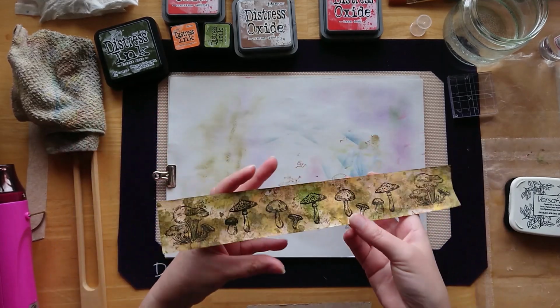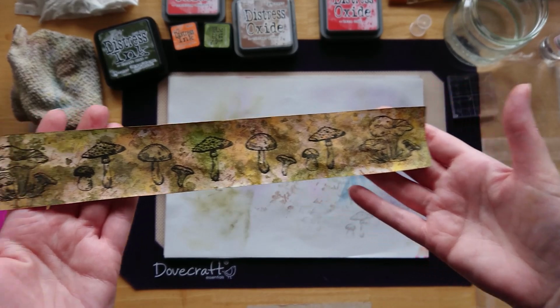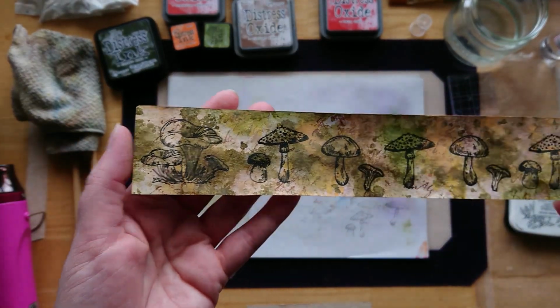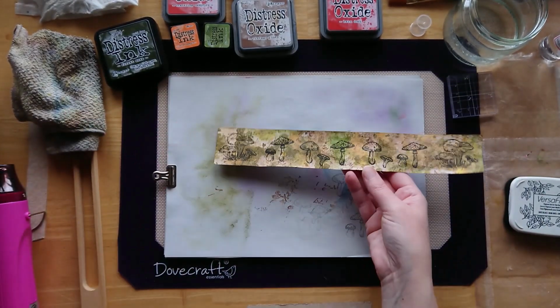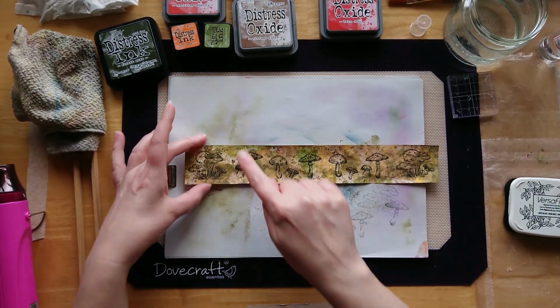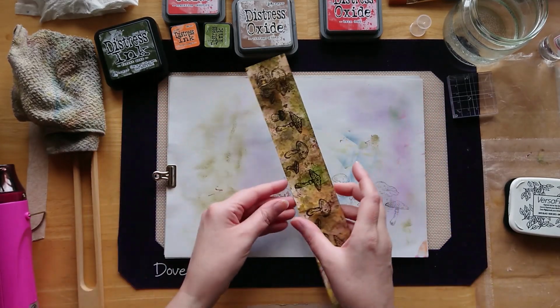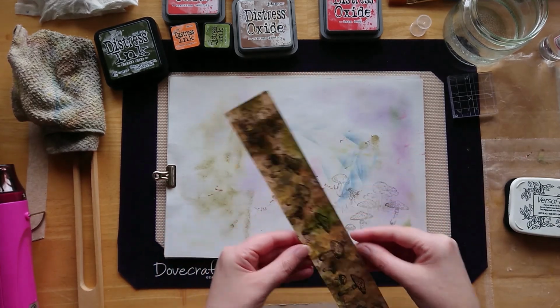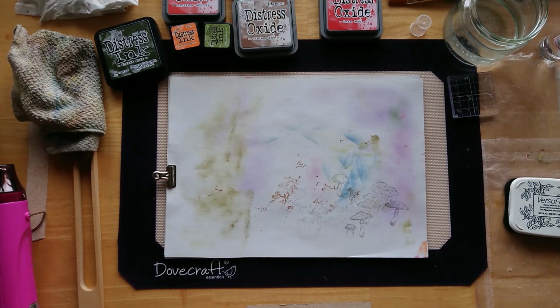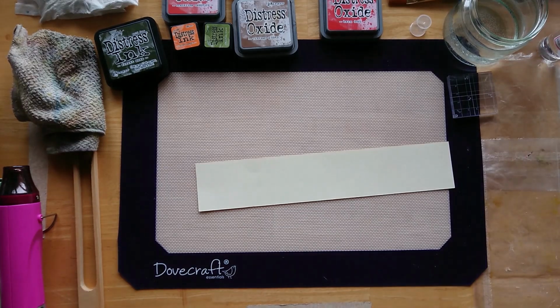So there we go. That is my first kind of faux washi strip that we've just used. Oh, I love that. I'm thinking you can tear these little bits off, or you could use that part as a belly band on the page, or a strip down there. I really like that. Right, okay, let's try with the cream card. Let's move these all over there. Put that back to one side over there,